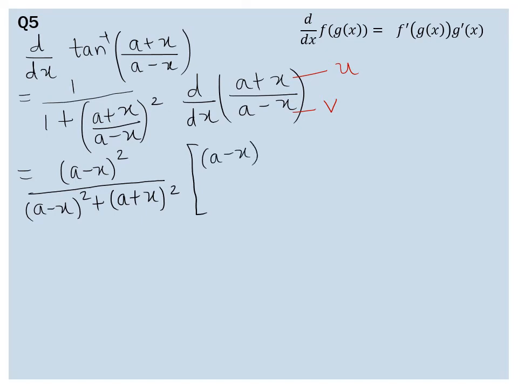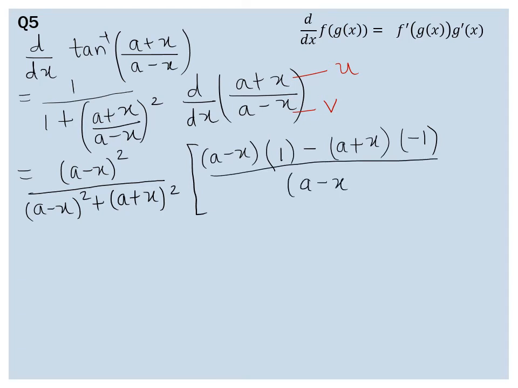So u is a plus x, the derivative of u with respect to x is 1, minus u as it is, u is a plus x, into the derivative of v, v is a minus x, so the derivative of a minus x with respect to x is minus 1, and this is divided by v square, that is (a minus x) the whole square. So clearly this (a minus x) whole square and this (a minus x) whole square will get cancelled as it is in numerator and denominator, and what we are left with is